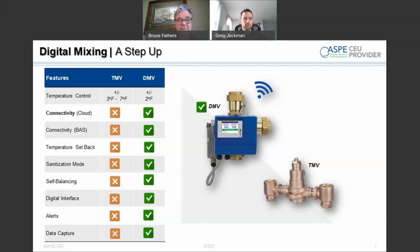There's the communications part to digital mixing, which is obviously very critical, right? We now can incorporate not only building automation, through Modbus or BACnet or LonWorks or some of these other protocols, but now we're also bringing cloud connectivity into play. There's things you can do with digital mixing that you can't do with a traditional thermostatic mixing valve, like temperature